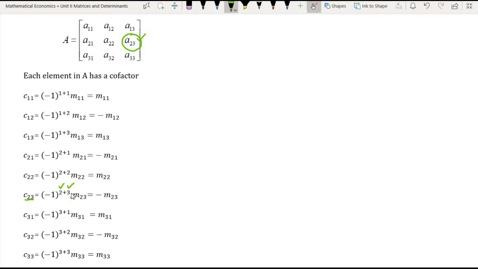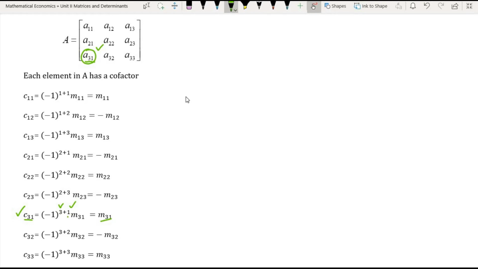Since its sum is equal to an odd number, therefore the cofactor of the element A23 is equal to negative of its minor, that is M23. Next, the cofactor of the element A31 denoted by C31 is equal to -1 to the power 3 plus 1 times the minor of the element A31. The element A31 is present in the third row and first column. Since its sum is equal to an even number, therefore the cofactor of the element A31 is equal to its